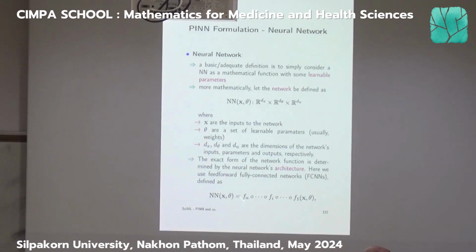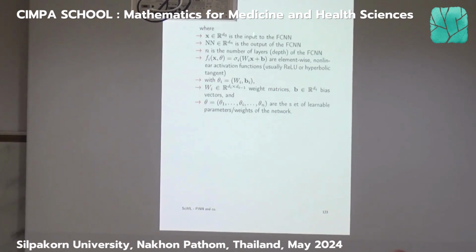And then, as I told you, it's a composition of functions. A neural network is a function of x, that's the input, and theta. Theta is all the weights, the coefficients, and it can be written as a composition of n functions. These functions depend on the input, and the output is y hat, where n is the number of layers. All of the simple, fully connected neural networks, or the basic multi-layer perceptrons, have